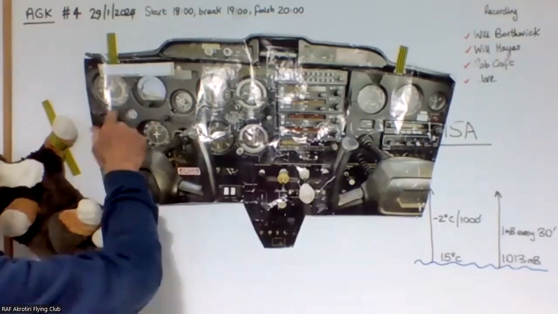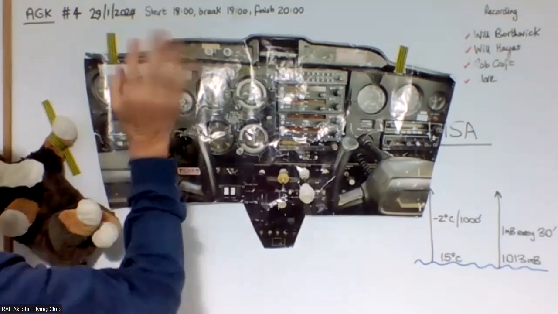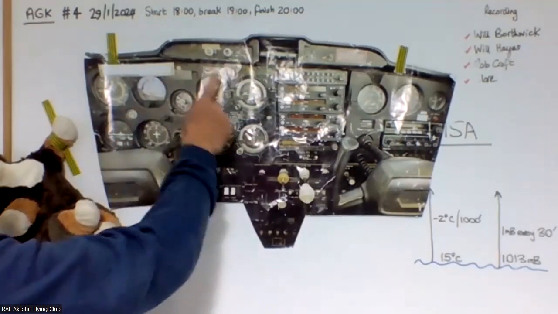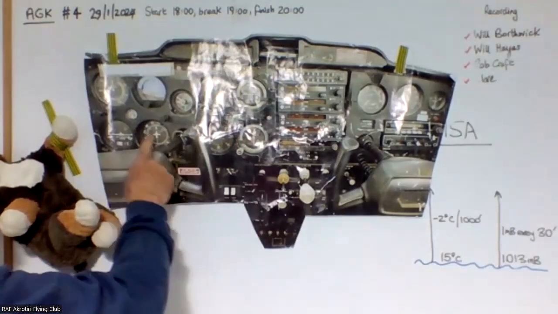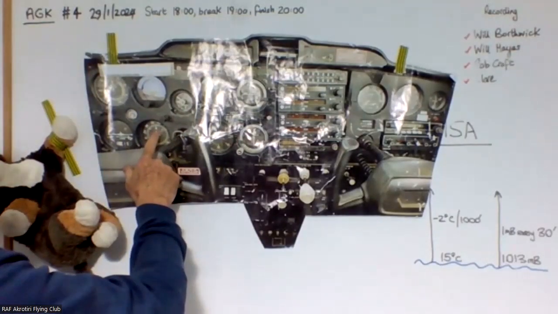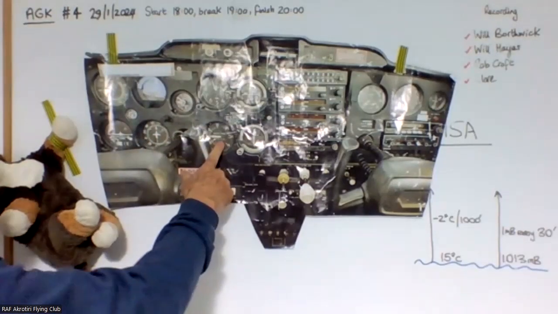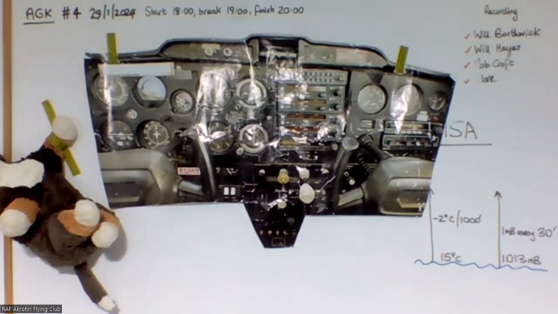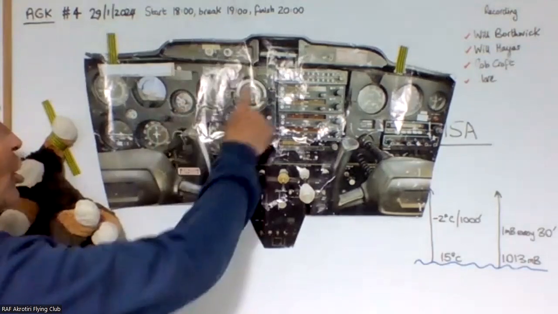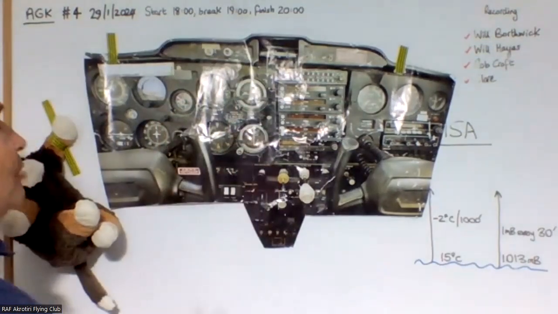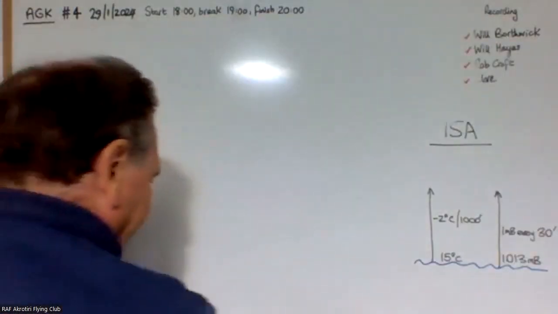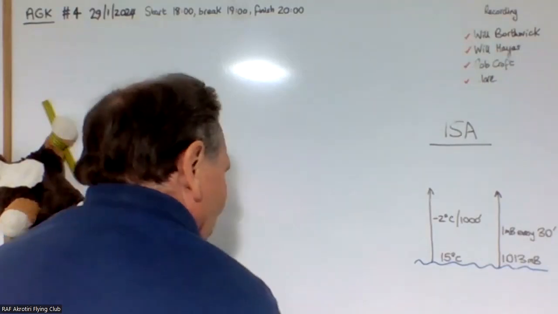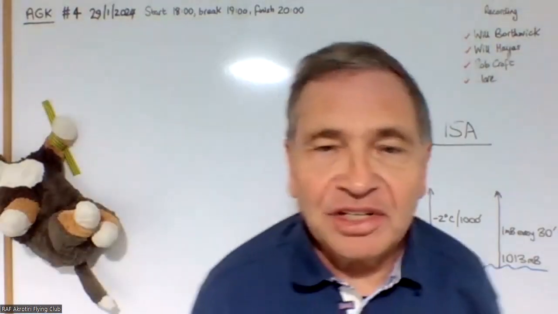So generally, these instruments, the airspeed indicator, artificial horizon, altimeter, turn coordinator, direction indicator, and vertical speed indicator, these 6 instruments are normally arranged like that on all aircraft. So the suction gauge, the clock, and the VORs can quite often be in a different place. And we're going to talk quite a lot in depth about each of those 6 instruments. So the first thing I want to do is talk about